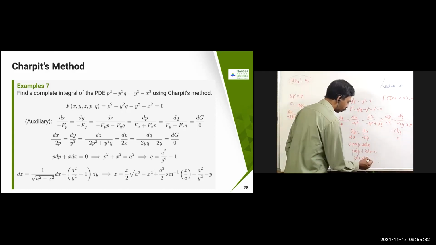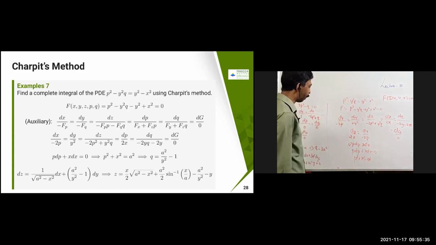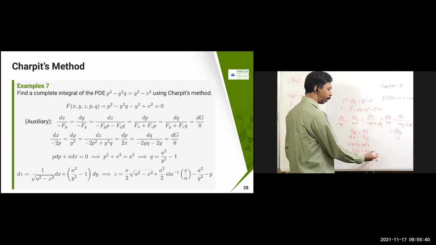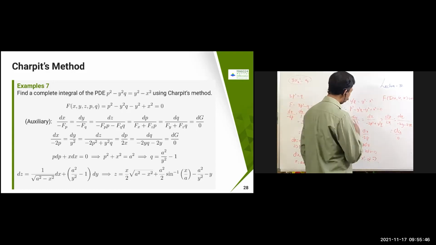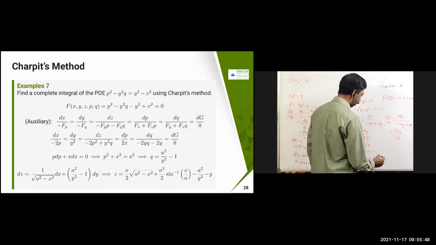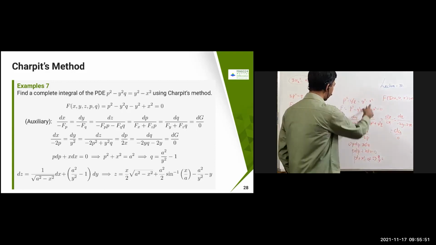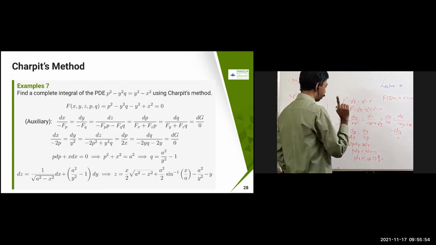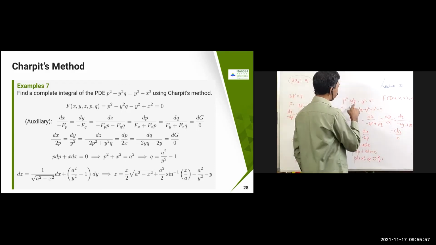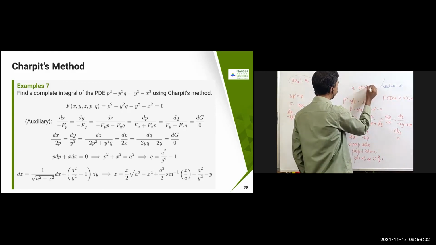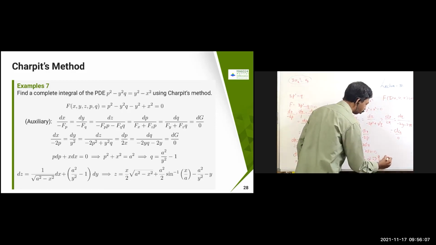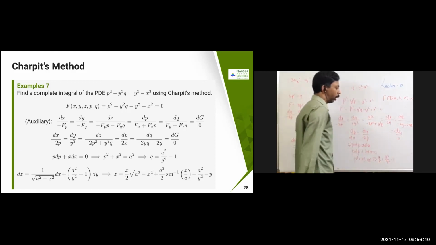That constant I'm just going to write as a square, so that my simplification will be much easier. Of course, you can put some constant, but I'm just going to write it as a square. In that case, I can substitute over here. If I substitute, q is equal to, so p square plus x square is going to become a square, and the remaining thing I'm going to write. So q is equal to y square minus a square into y square. So I'm going to divide that, so that is going to become a square by y square minus 1.